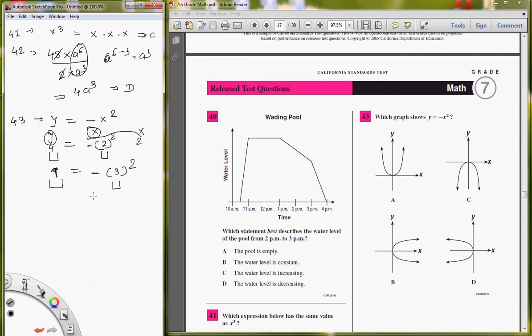If we look at this graph here, let's look at the first one. When x is equal to a smaller value, y will be negative. So I believe x is equal to 2 here, y is equal to negative 4, right? Because there is a negative sign here. When x is equal to 3, y is equal to negative 9. Let's take another example. When x is equal to 4 raised to 2, y is equal to minus 16. So the first equation is wrong.